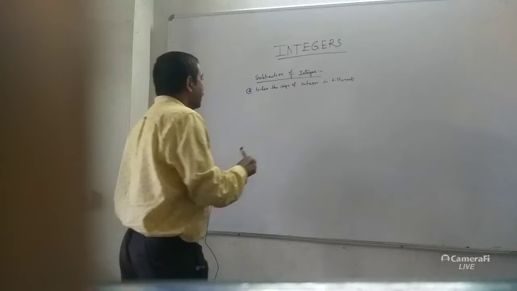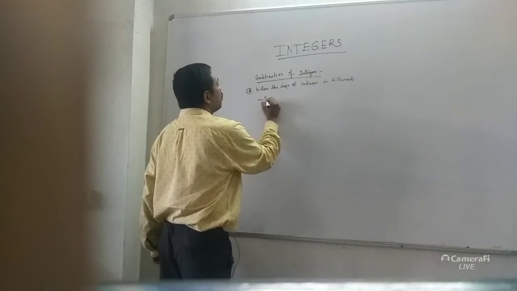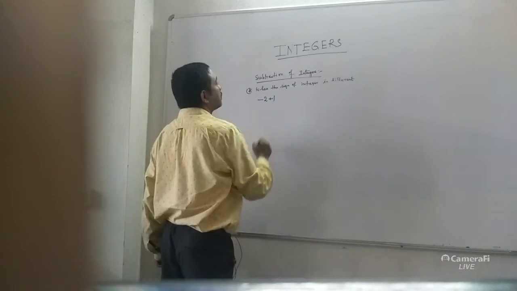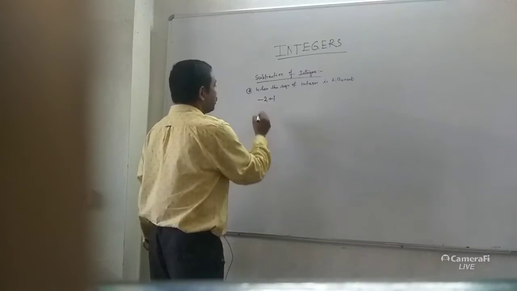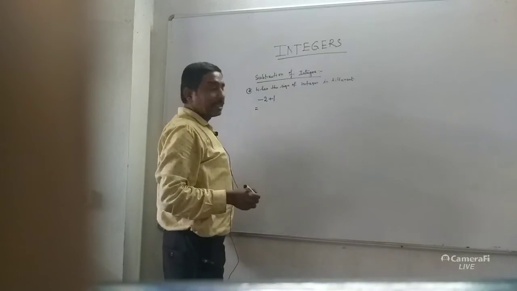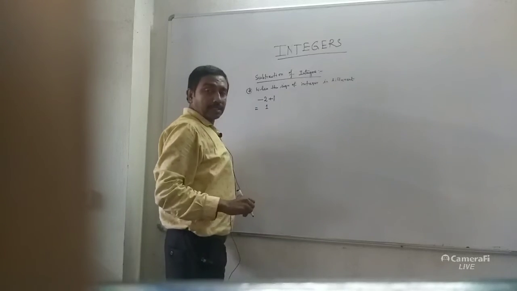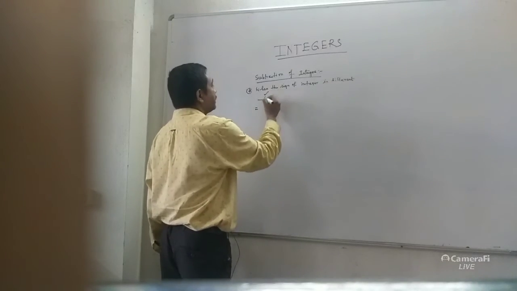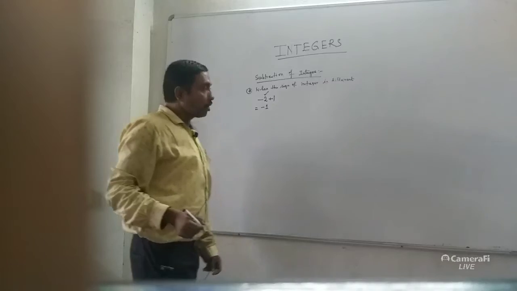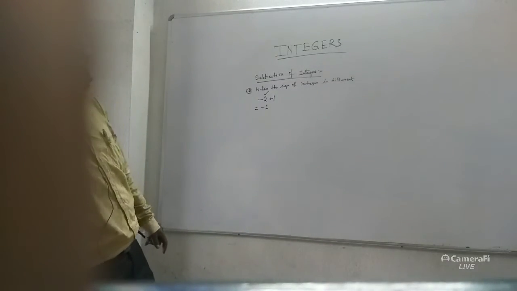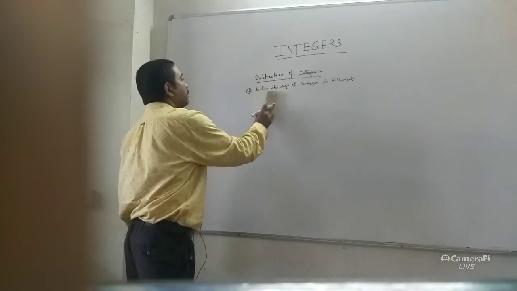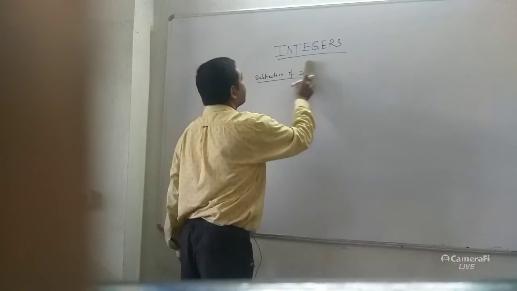Sometimes it is given as minus 2 plus 1. Now simplify this one. How do you simplify? Look, both the digits have different signs. So you do the subtraction first. And what sign comes? The sign of the greater digit comes in the answer. This is the most important thing. So very easy. This type of math comes in the exam.